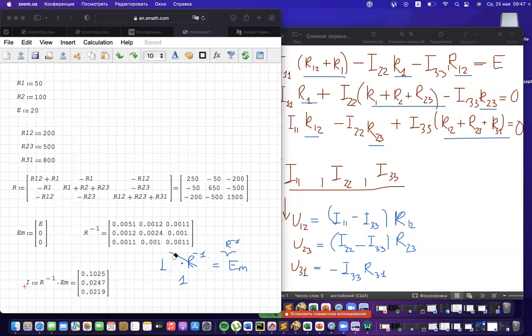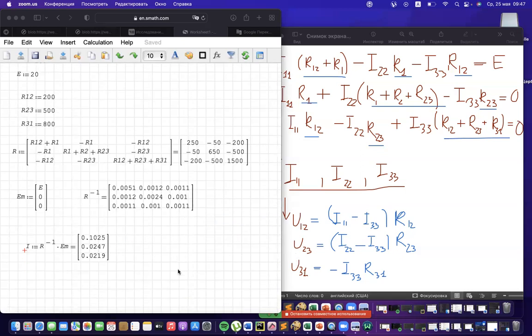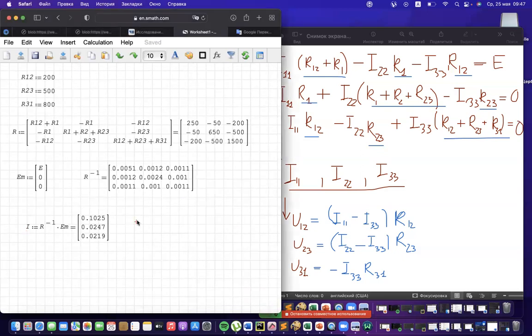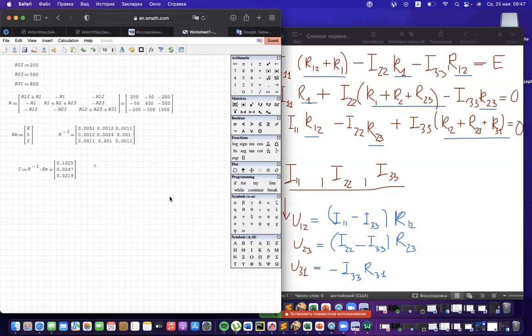That means that the currents inside this circuit equal 102 milliamperes, 25 milliamperes, and 22 milliamperes. The values that are flowing inside your circuit. And for these numbers, how could you get the currents that you are searching for in the circuit